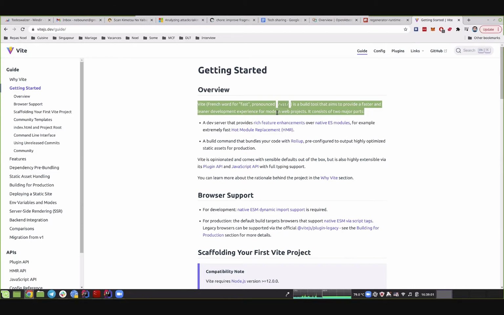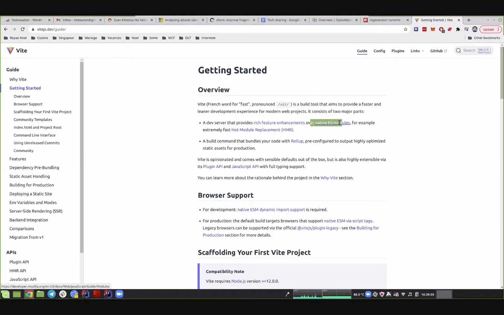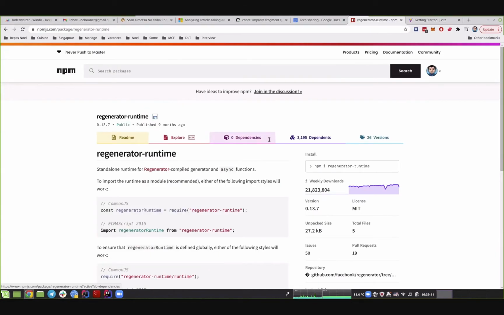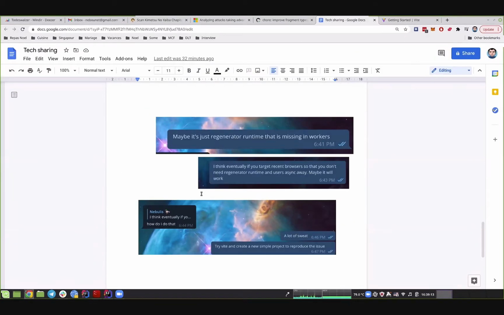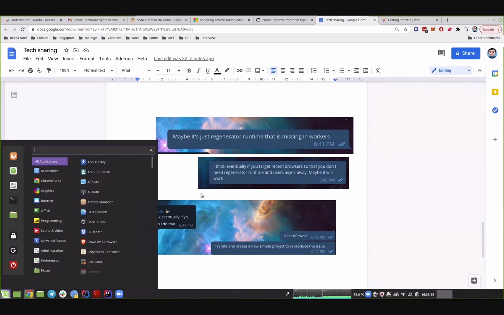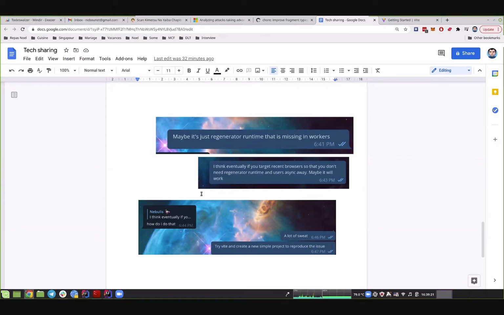For instance, it will use ECMAScript modules directly. And what we just saw before, the issue with async await: it will just use async await because it's already available in the browser.